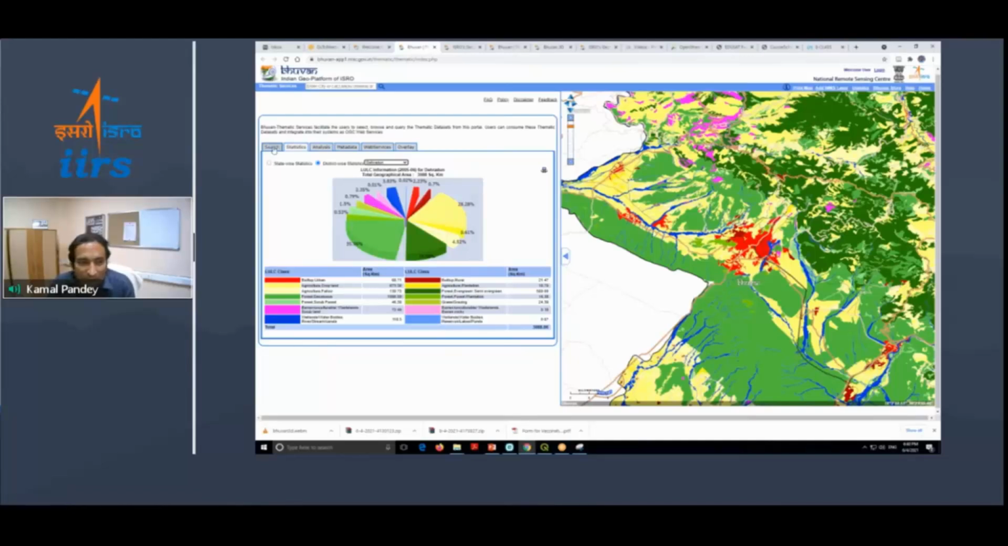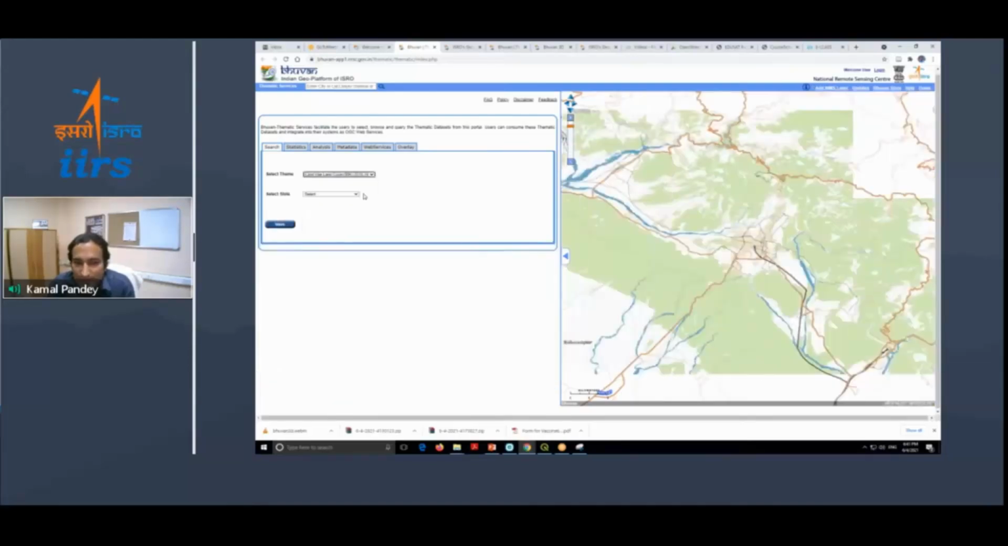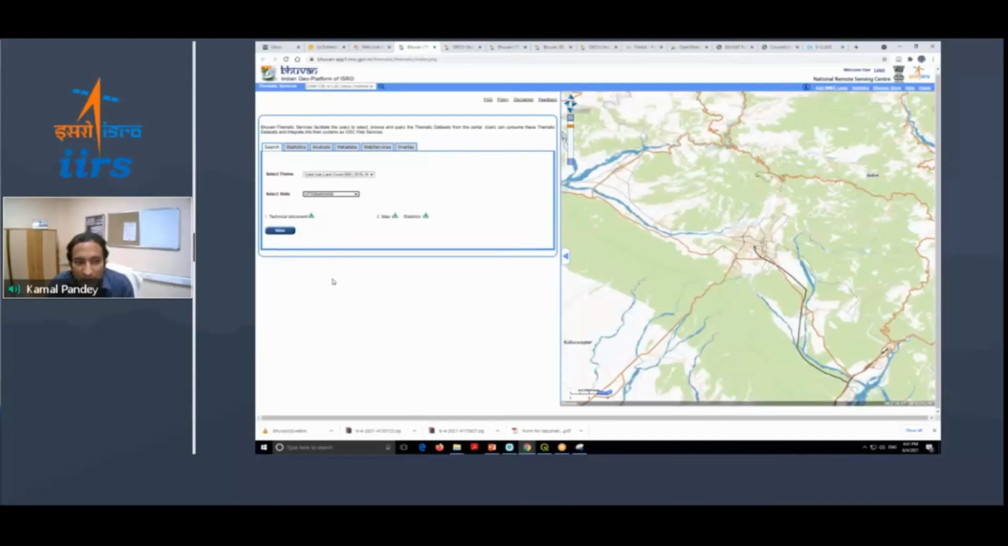Now let us again go to the search. I want to change the area after 11, 12 or 15, 16. Let us go for 15, 16. Why to 5 years? 10 years I want to see. 15, 16. This is the map here. Select the state. This is Uttarakhand here. It will zoom view,